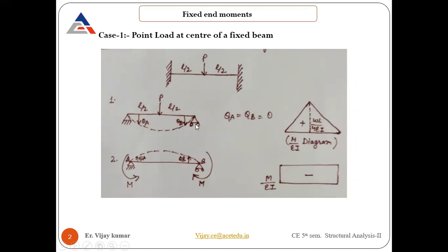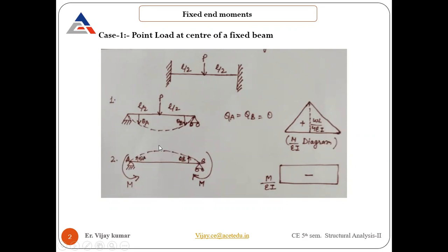So vertical will be here, and the rotation we apply. Generally this beam is split into two portions, that is two simply supported beams. In one case I just consider this unit P load which is applied here. The other is a simply supported beam, where I just represent the bending moment.